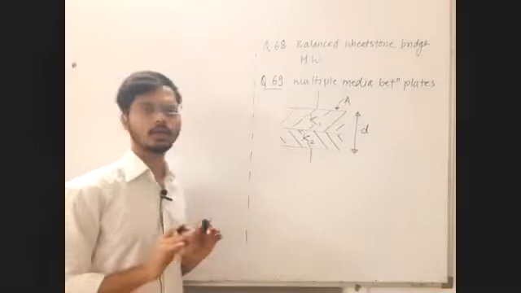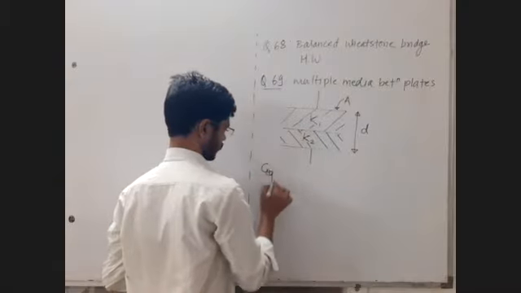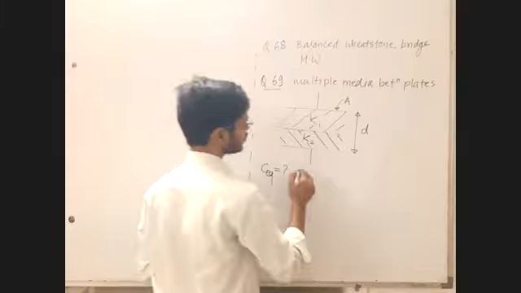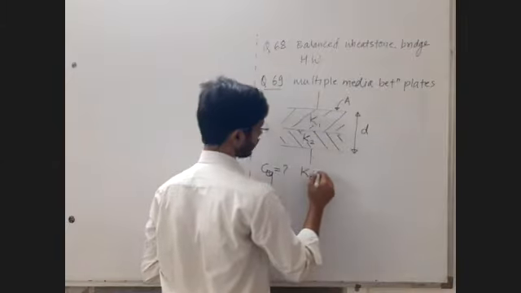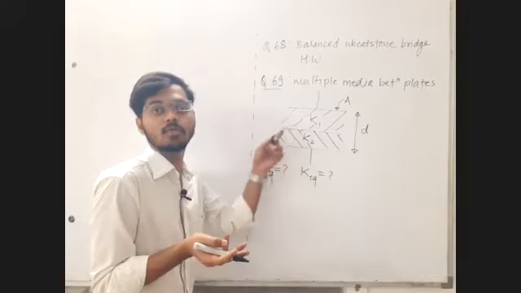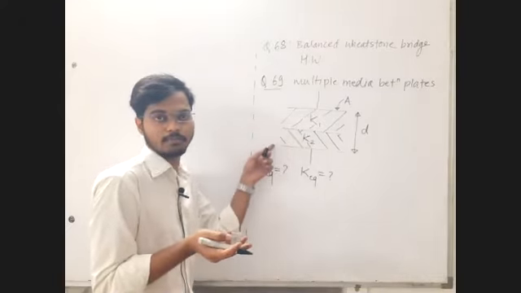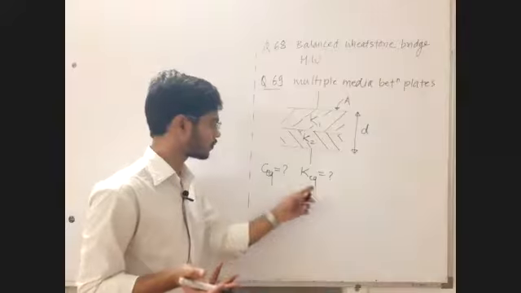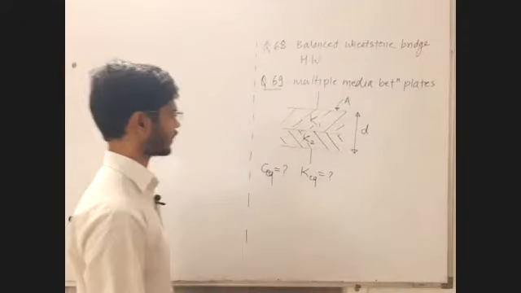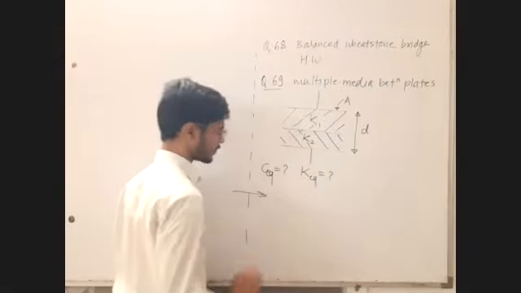Okay, fine. Now the first thing, find out C equivalent. Second thing, find out K equivalent, the effective dielectric constant. If you have more than one medium, what is the effective dielectric constant? What is the effective capacity that we have to find out? Solution. The solution is very simple.